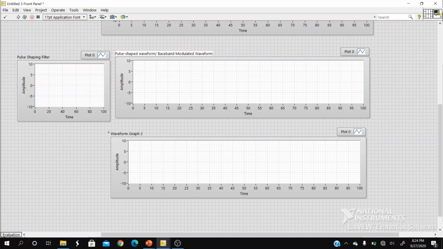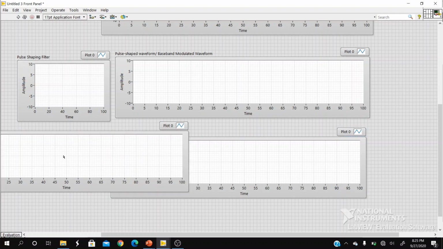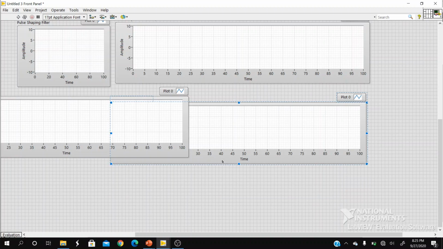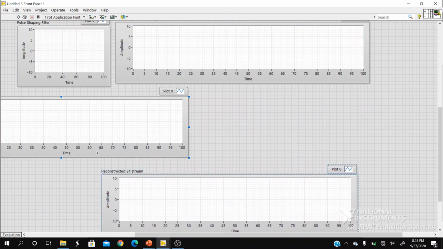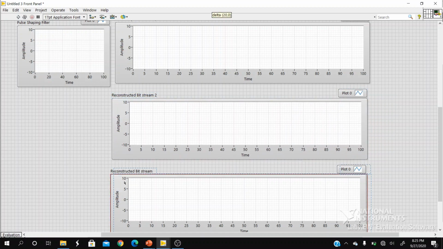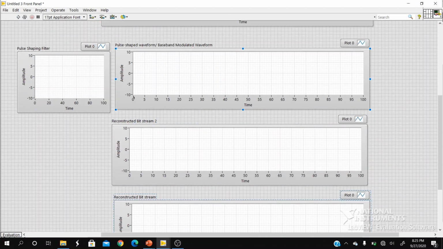Last one will be for the reconstructed bit stream, and then we can have one more plot in order to visualize the effect of AWGN channel on the transmitted bit stream, that is pulse shaped bit stream.